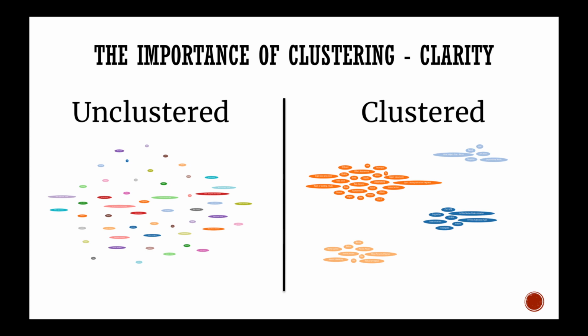Something else that is important is the visualization aspect of clustering, and as you can see, in the unclustered versus clustered version, you can see all the clustered terms, and in the unclustered version, it's very hard to tell which words are related to which. But in the clustered version, you are able to see each independent subgroup, and you're able to see which word is in the middle.